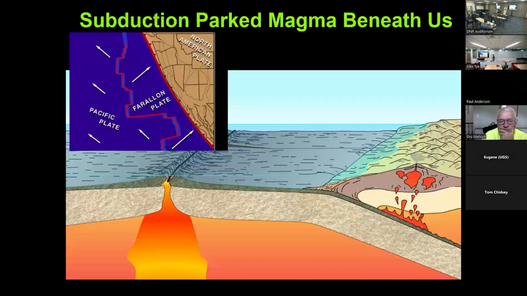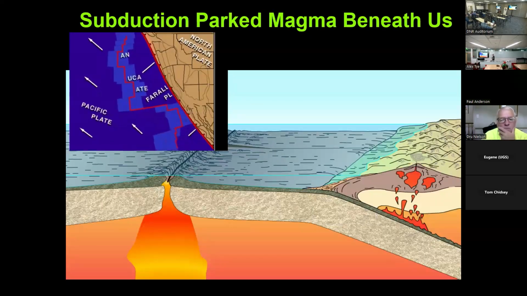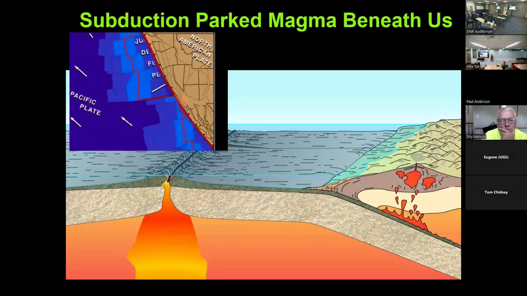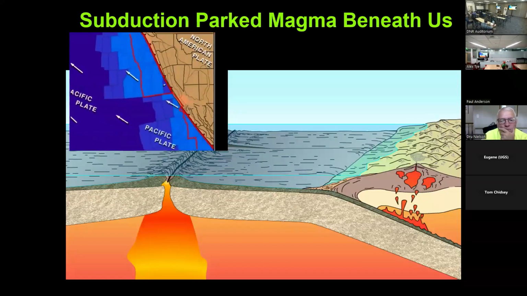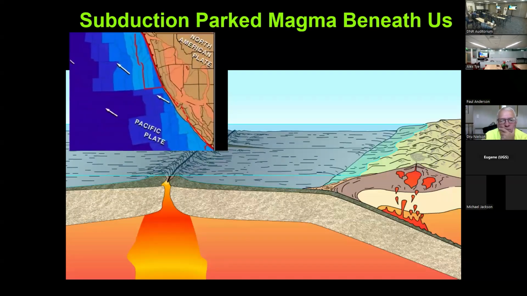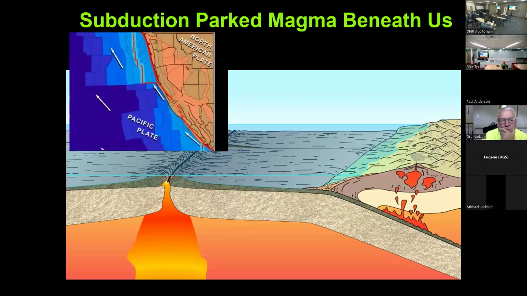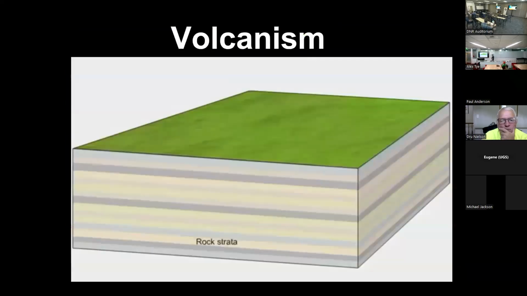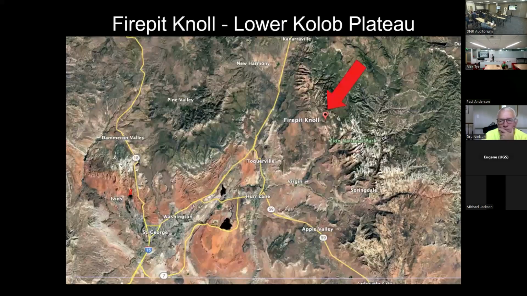So how did they come to be? Well, we had this subduction and we parked magma chambers down below it here. And then when we started, as part of extension, what happened was those magma chambers